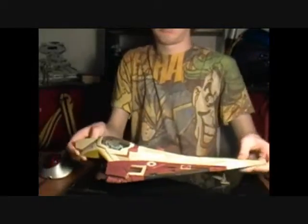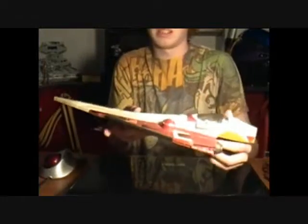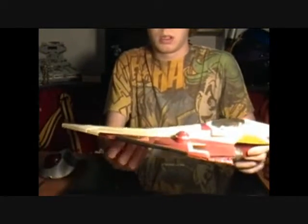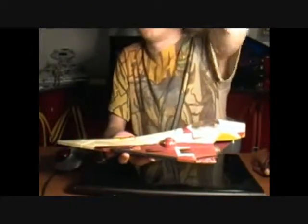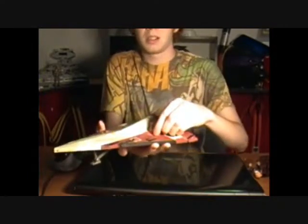Let's get to the vehicle. That's the main reason why most of you are watching, isn't it? Like I said, this was the Delta 7 Jedi Starfighter. It was released back when episode 2 first came out. Pretty decent size, pretty decent detail. Main complaint is